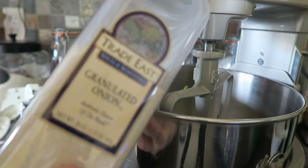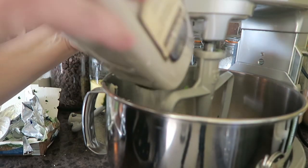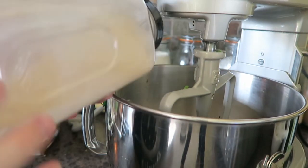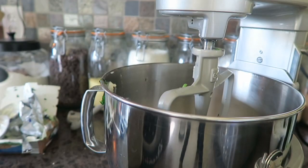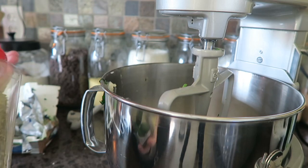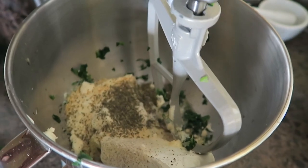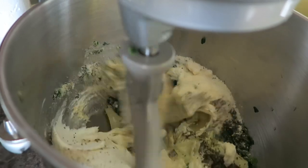Now I also add some granulated onion and garlic to this. Again, you don't have to. I'm doing onion and a little bit of garlic. I also like to add about a teaspoon of sweet basil to mine. I think it adds a lot of flavor to it. And that is it. All right, so we're going to go ahead and crank this up and turn it on